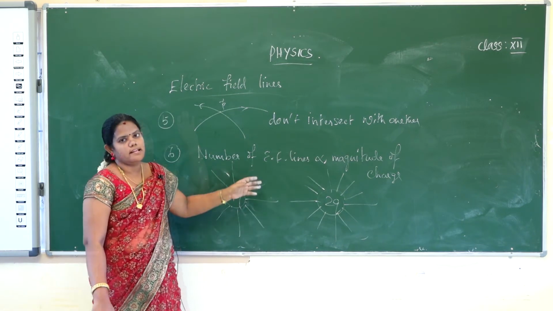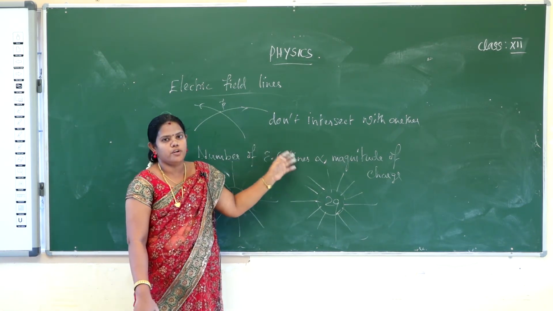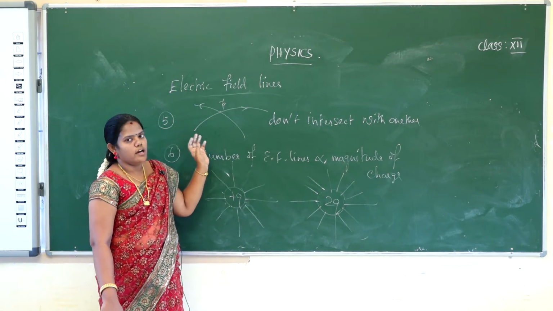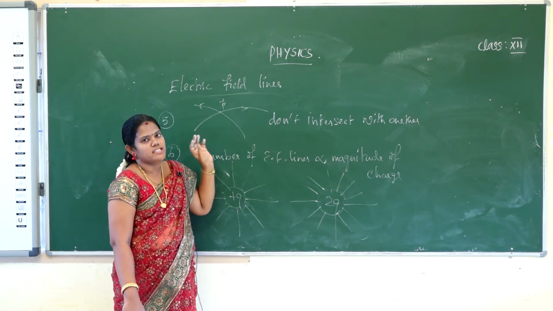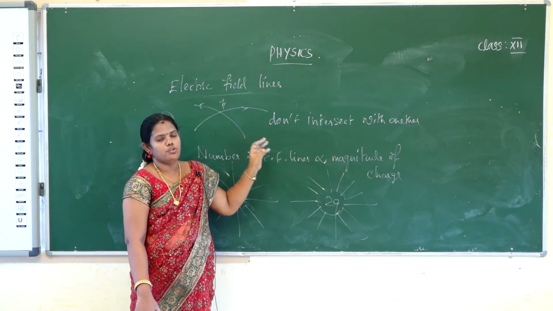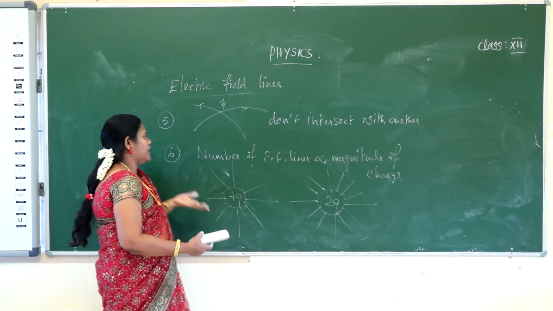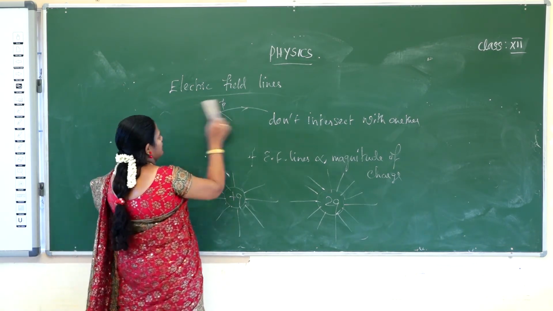So these 6 points are very important for 5 mark questions. You have to learn them thoroughly, and you should know the electric field line properties thoroughly, so you can easily understand the upcoming topics. Okay, then